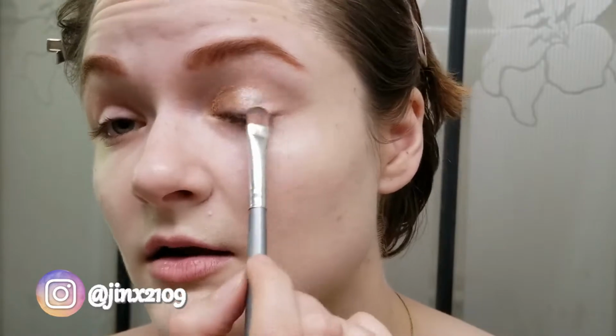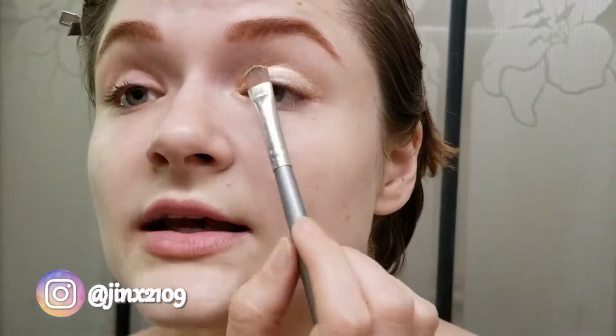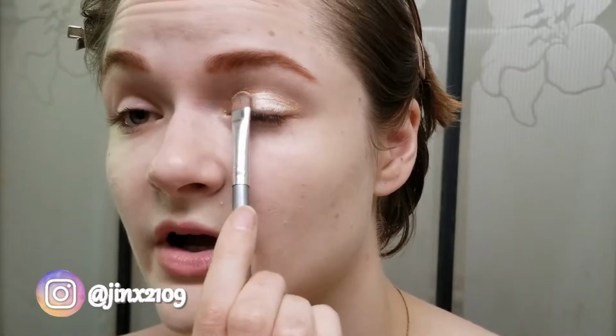and patting it on over the entire lid. I kind of pack on my eyeshadows a lot, which is why I am dabbing. I like to keep the eyeshadows very wet because it helps it really to set into place to keep it